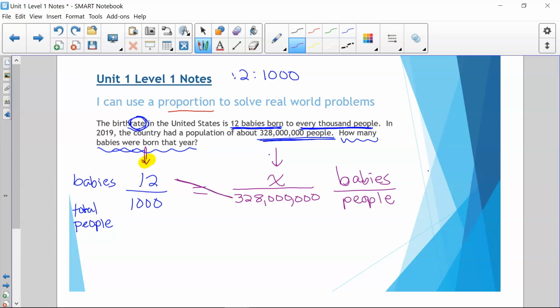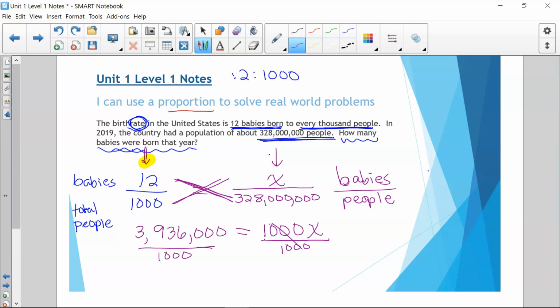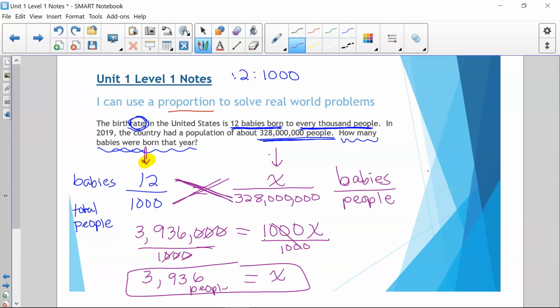So cross products was that a times d, which is 12 times 328 million, and I got 3,936,000,000, and that's equal to the other product, which is 1,000 times x. We undo multiplication with division. So 1,000 times what gives us 3,936,000,000? Well, we're going to undo that multiplication with division. So I know that the people that had babies, anything divided by 1,000 here, those zeros cancel off, or you can just use your calculator, and you get 3,936,000 people. And that's people that had babies